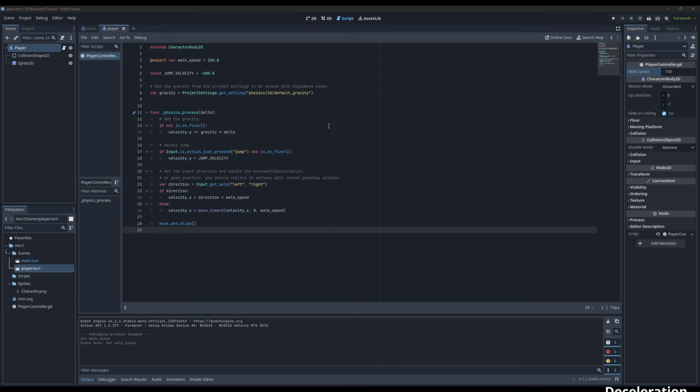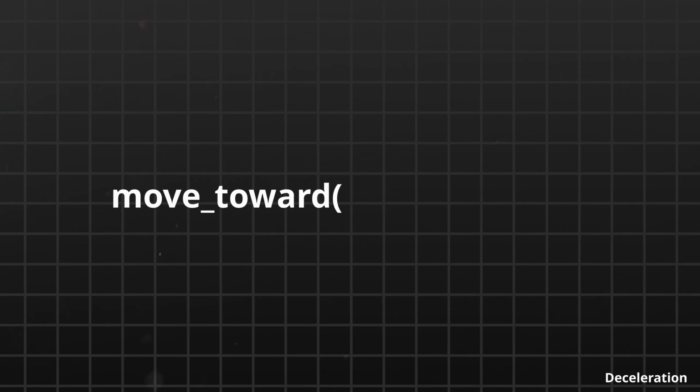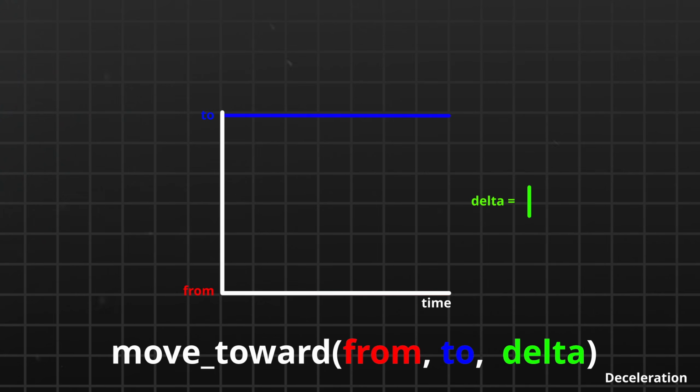Next up is smoothing out the walking. Currently we walk if direction has a value that is not 0, else we supposedly decelerate. I say supposedly because you won't notice it in the game. The move toward function requires 3 so-called parameters: from, to, and delta. Move toward is named so because it moves the value from toward the value of to by the size of